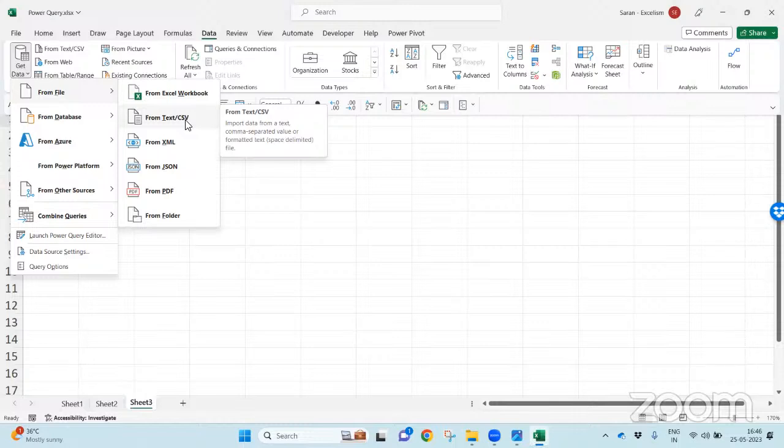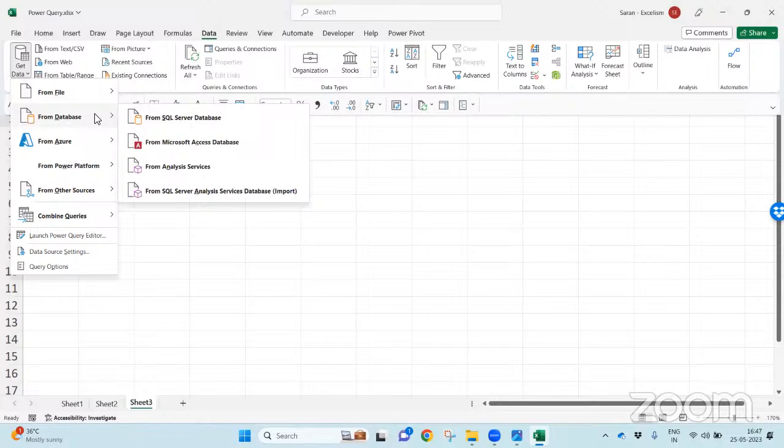What is the advantage of extracting the data? While I'm extracting the data, Power Query understands the path, remembers the path. Next time, if I change the source data, once I come back to the Power Query and refresh, automatically it does all the steps, and finally it will give you the result. Transformed data it's going to present to you.